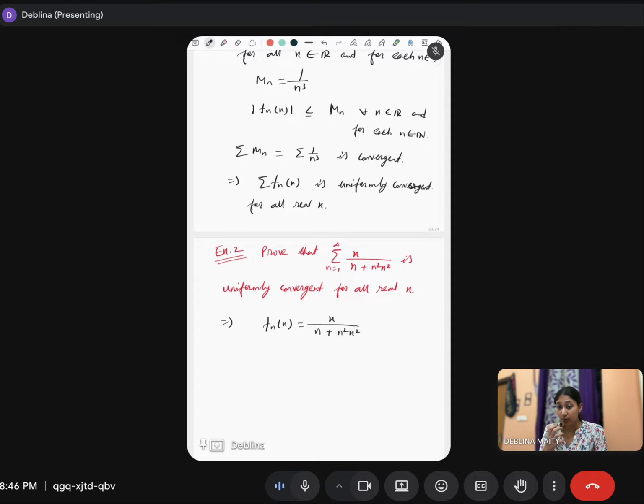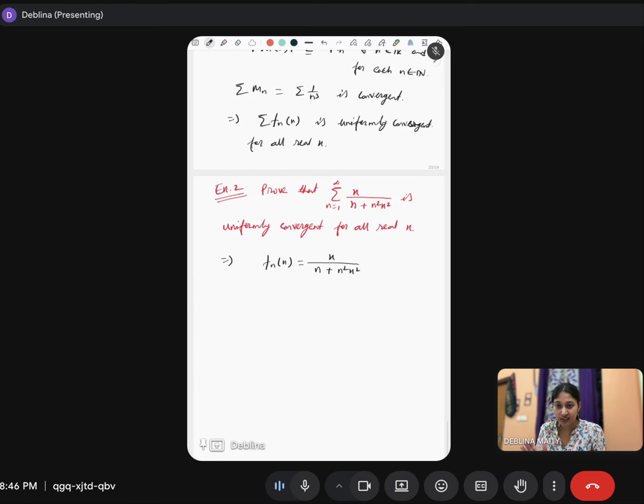So we have to find our M_n, where mod f_n(x) is less than or equal to M_n, by Weierstrass's M test. So we have to find that M_n for this function. So when x equals 0, f_n(x) is 0, right? If we put x equals 0, f_n(x) is going to be 0. Now when x is non-zero,